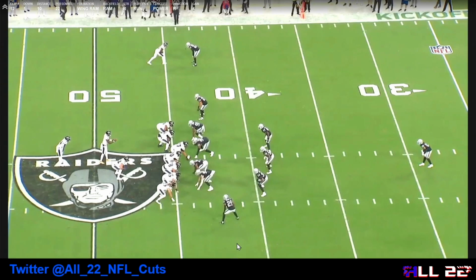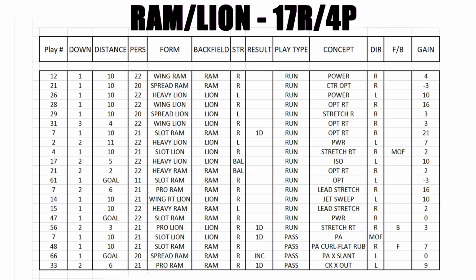One of the things I found, and I'm going to go through the data first and reflect back on it a couple of times, is that this formation is extremely predictable in terms of run pass. Kind of makes sense, right? You've got Ricard on the field as a fullback, and the picture that I showed you first, this play here,